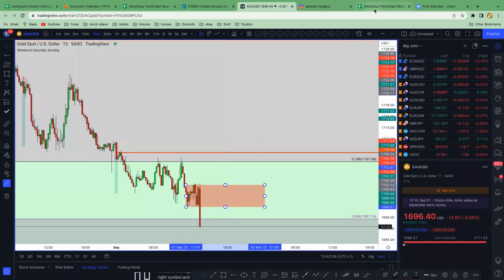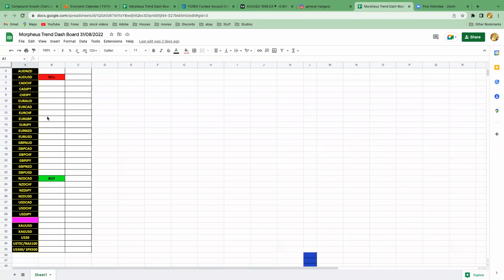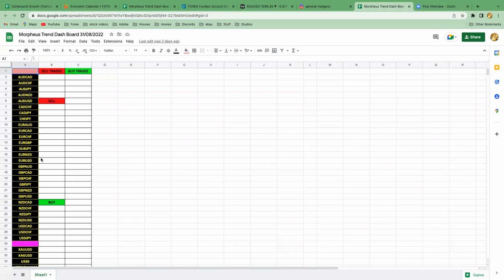Yeah, so basically for Morpheus, this is a trend trading idea of when you get the Trinity alerts that I do explain quite a lot. And what it is aimed at doing is, instead of all of the Trinity alerts that come through, you get selective Trinity alerts that I'm giving you here that you need to pay attention to. So on that day in one group on Telegram, you're only going to get alerts for AUD USD or NZD CAD. Of course, you're still going to get buy and sell alerts on this pair, but you want to be looking for the sell alerts like we had yesterday and then price sold.